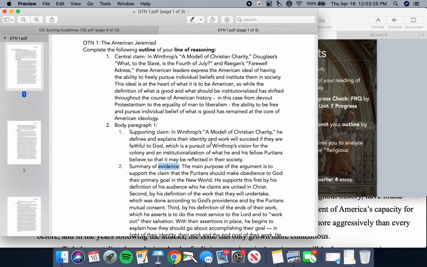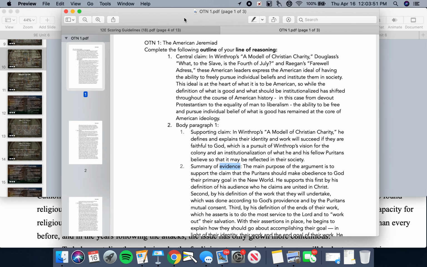If you do not have A, a central claim, and B, a summary of the supporting assertions that support that central claim, and then a summary of evidence, then you have not completed the assignment as it was assigned in the outline. So again, if you're operating under a correct understanding of what all the language in these prompts means, then you'll do exactly what I'm asking you. Some of you are just rushing through this or responding to questions when you don't know what is being asked of you. That's always a bad idea.